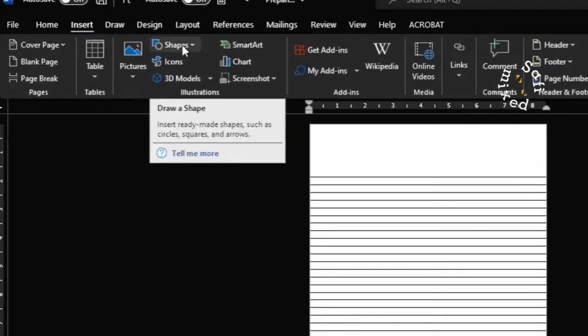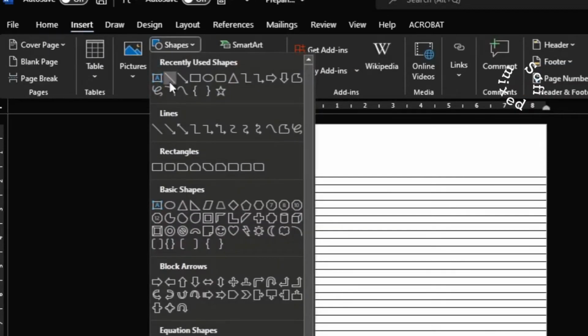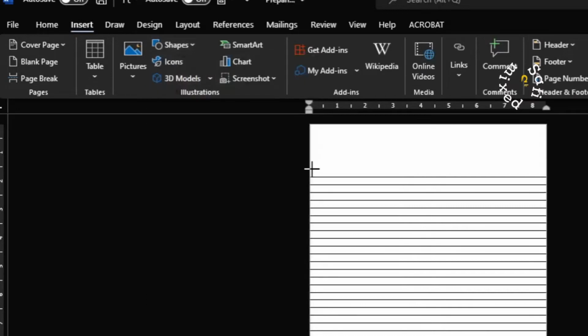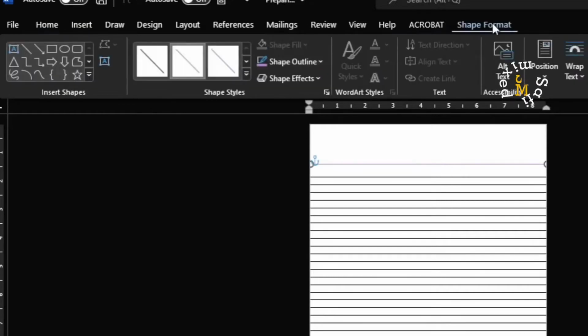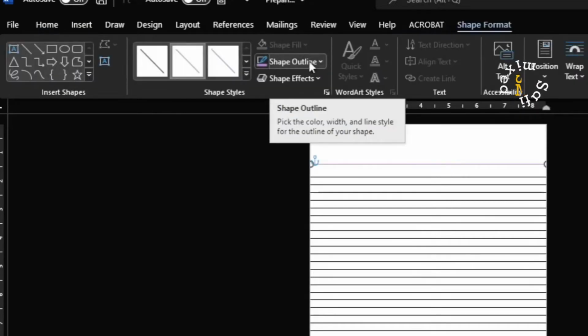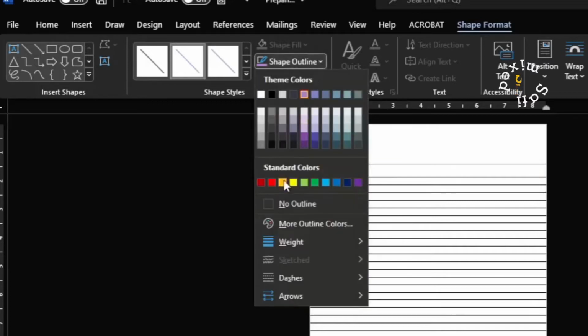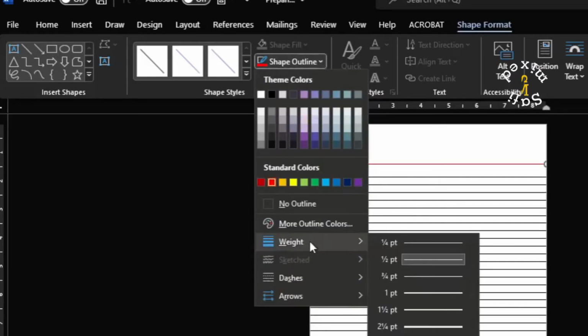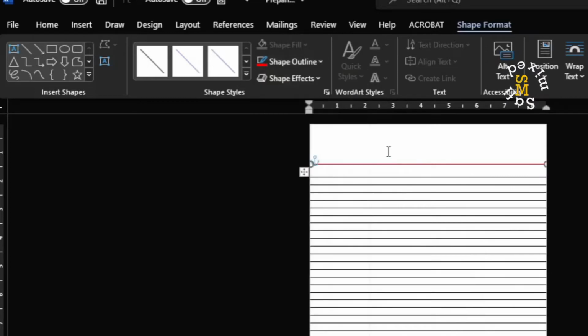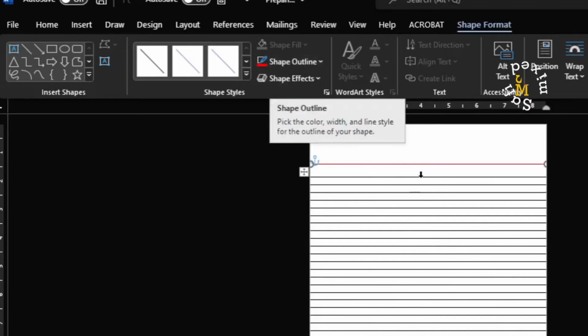Now come to the Insert tab, and from the Insert tab to Shapes, and in the Shapes select the line and try to draw a line at this position, parallel. Now select the line and come to Shape Format. In the Shape Format, Shape Outline, first change the color of the line to red, and then again come over here to change the width of the line, and I would like to select 1,